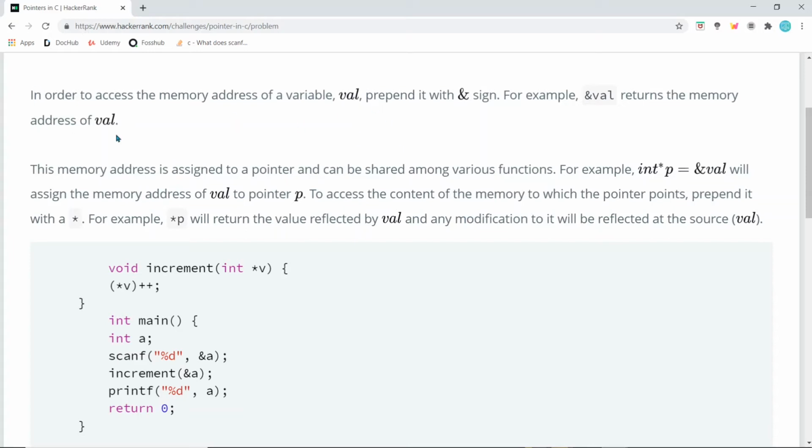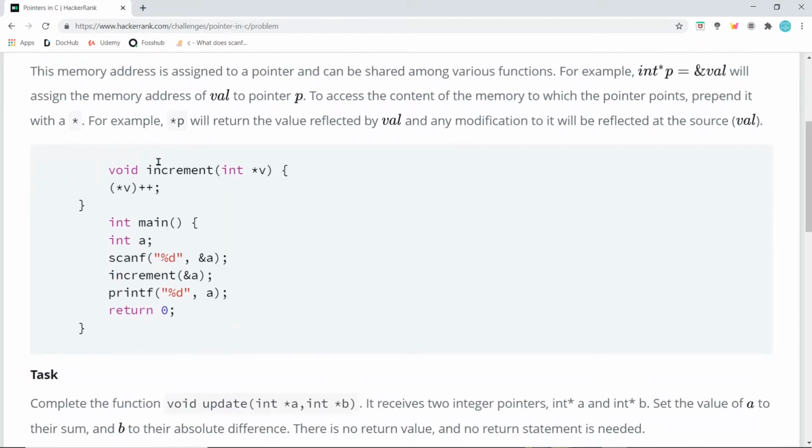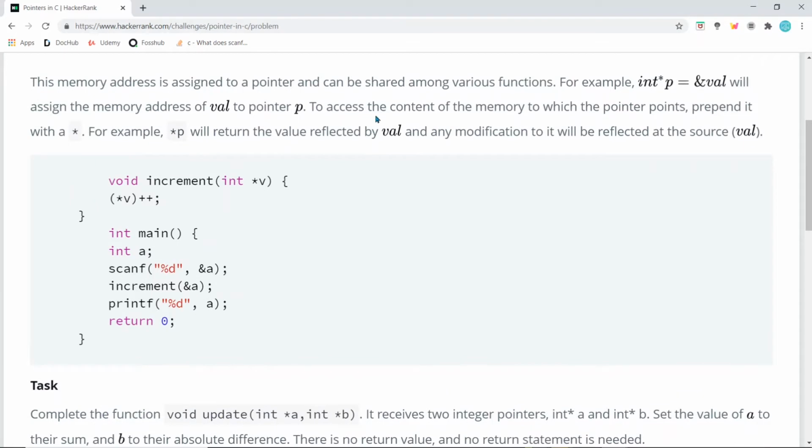Okay, so a pointer is basically a type of data that points to another location, the location of another value, or the address of val. This memory address is assigned to a pointer and can be shared among various functions.